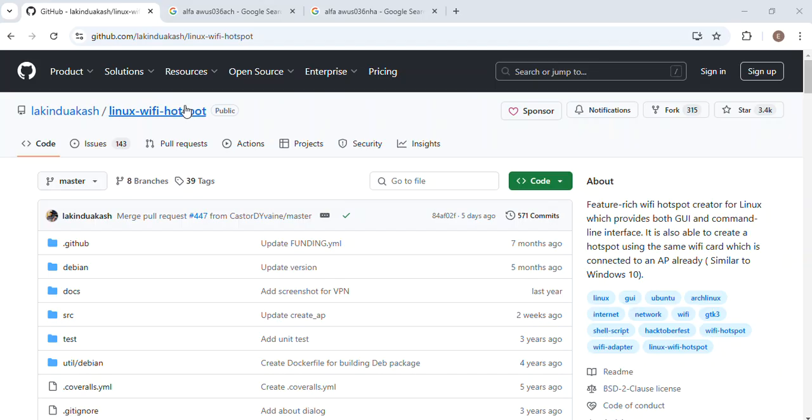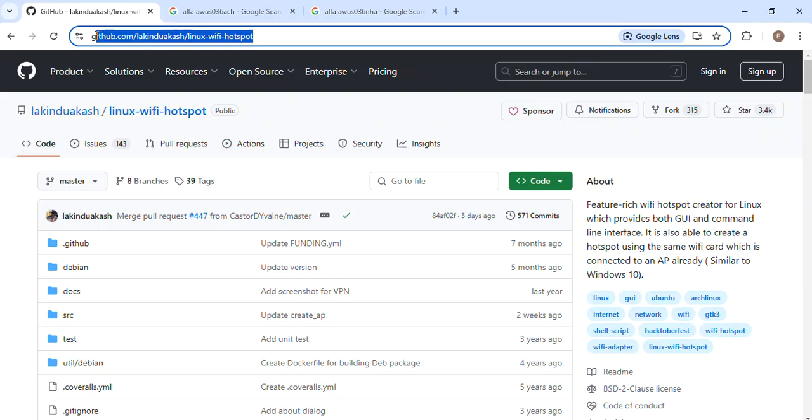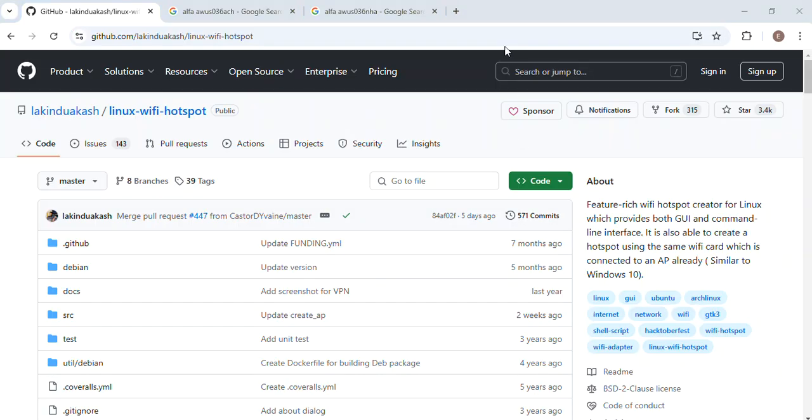So here on my screen, I'm in the GitHub repo of this tool called Wi-Fi hotspot. You can easily visit this URL and then clone the tool onto your Kali Linux machine. In this movie, I'm going to be using a customized Kali Linux machine customized by Cybersecurity, and the main reason is that the tool already comes pre-installed on it. So I want to show you how to use the tool